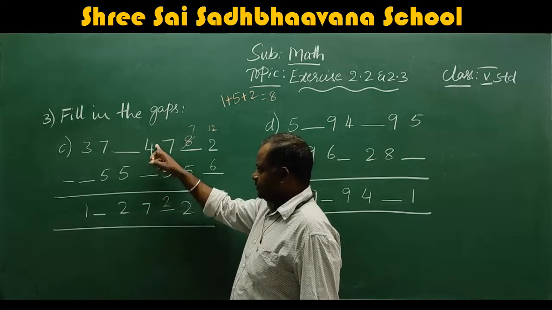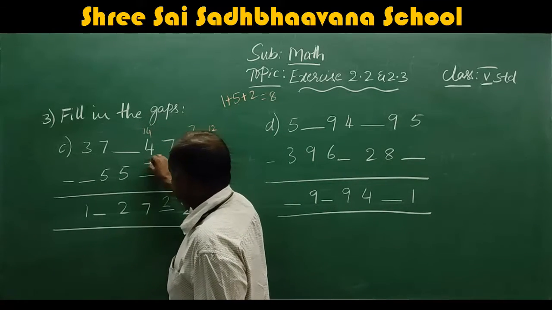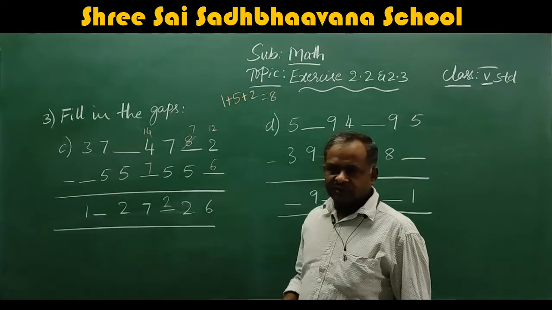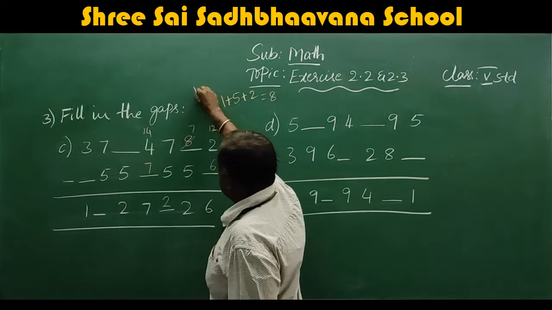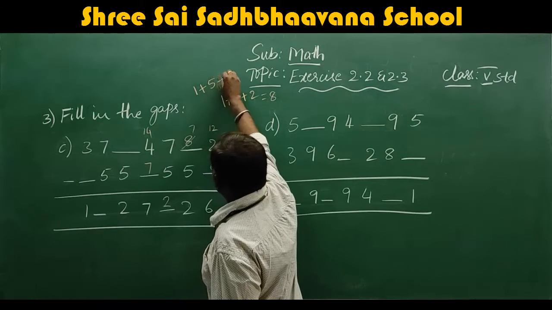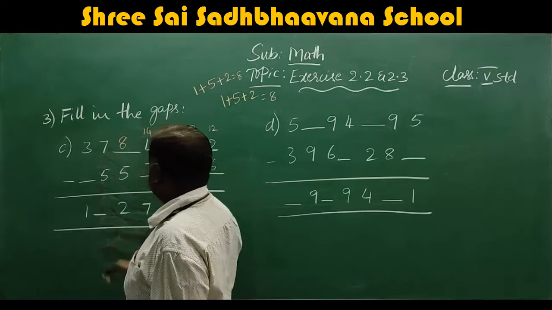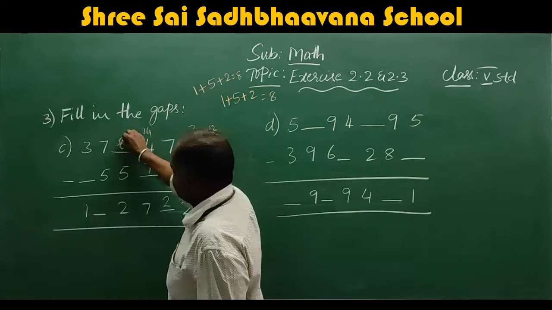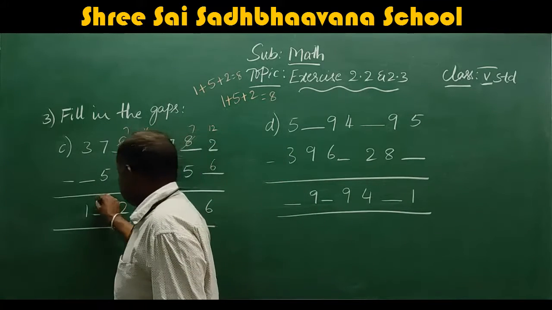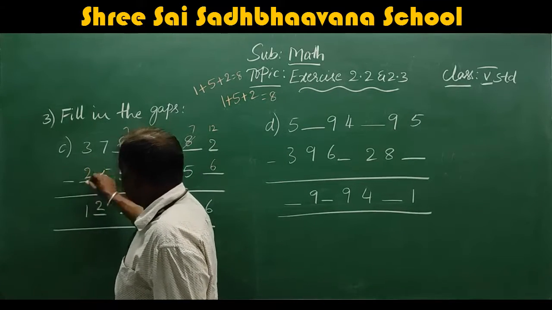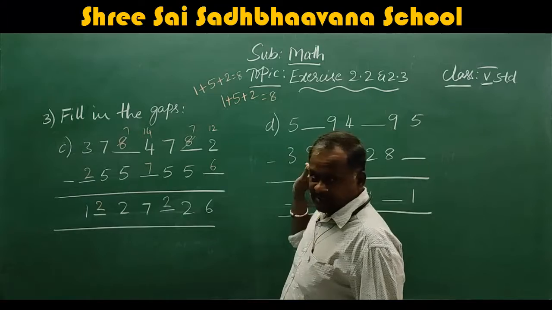Here the next smaller number, bigger number, so take carry 1. This becomes 14. 14 minus 7 is equal to 7. Here also the next number should be carry plus 5 plus 2. The same way, that is the number 8. So 8, this becomes 7. 7 minus 5, 2. 3 minus 2, 1. Now you understand very well because I have already explained the two problems.